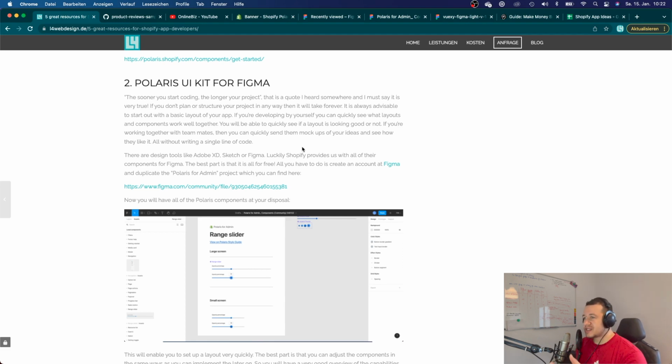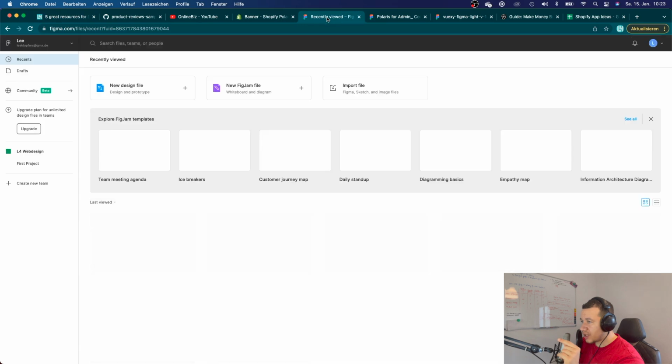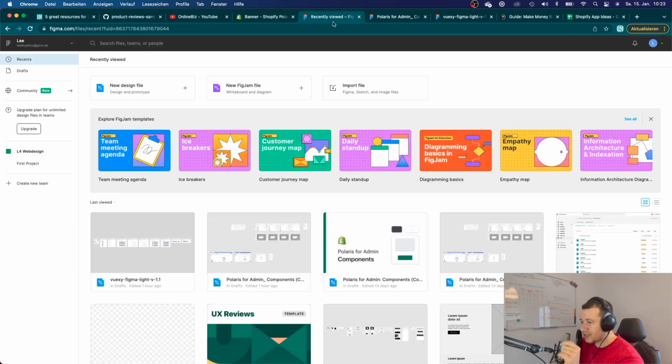And in this case, the developers from Shopify, they used a UI kit for Figma. I mean, if you know anything about Adobe XD or Sketch, then you will get used to Figma pretty quickly. And I will just quickly show you how that is done. That is my